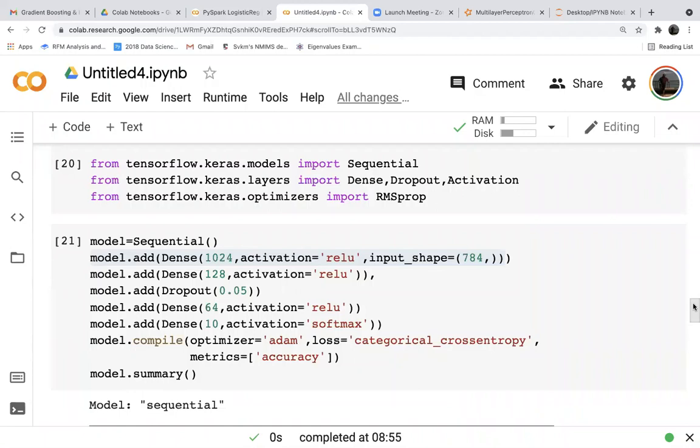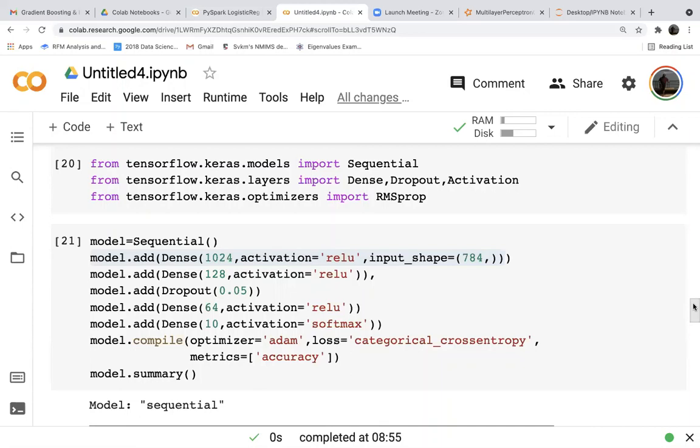Take for example a convolution neural network. Did you guys study anything about CNN? No, sir. So in a convolution neural network, the first layer will be a convolution layer, which is a 2D layer.